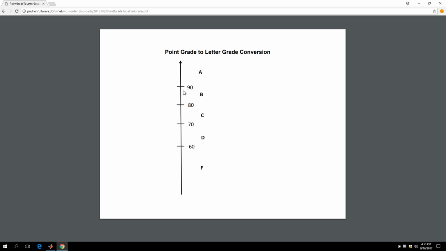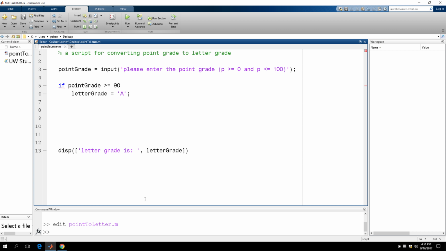So less than 90 is actually a condition that's just the opposite of the condition for getting a letter grade of A, right? Getting a letter grade of A requires the point grade to be larger than or equal to 90, right? And the opposite of that is smaller than 90, right? So part of the condition for getting a B grade is just the opposite of getting an A grade, right? And MATLAB actually provides a construct for implementing exactly that kind of thing. It's called else,